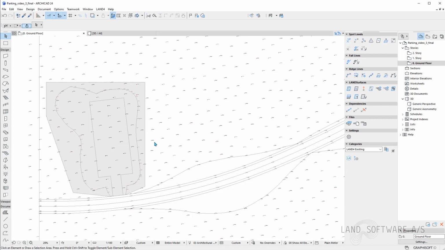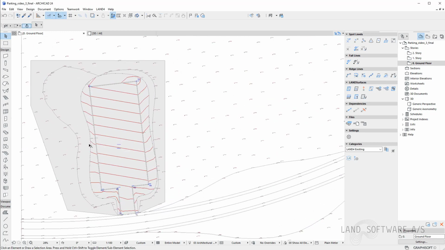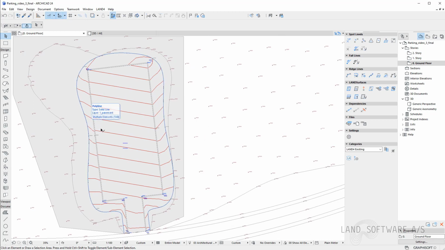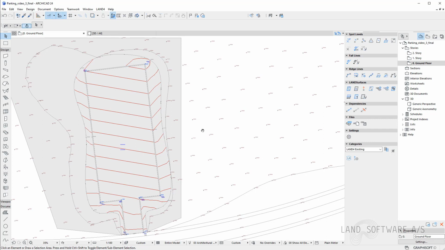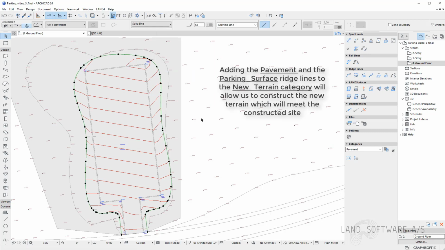But back to 2D, I can hide here the existing terrain, and I can now show the rest of the constructed side. And that is because I want to include a few objects from here in the new terrain. And that is because I have built the constructed side. So a few features I want to use is the pavement.